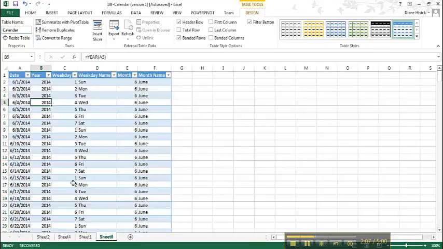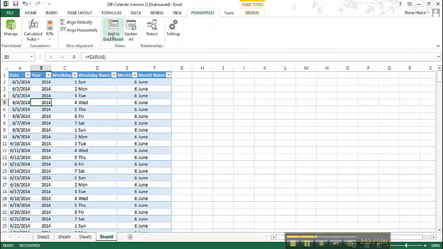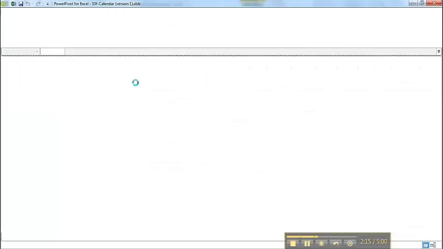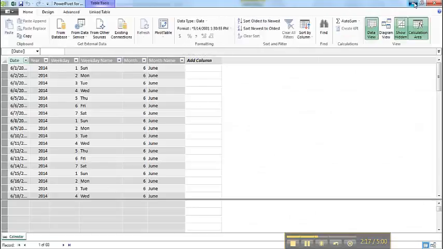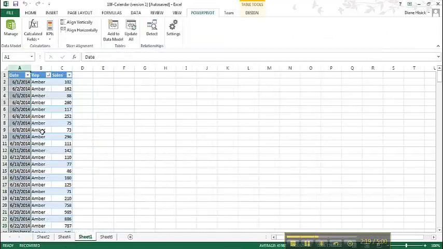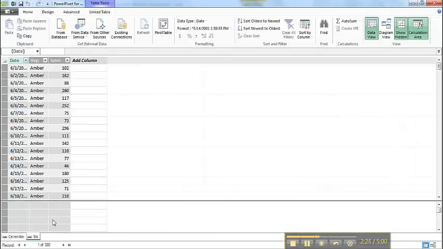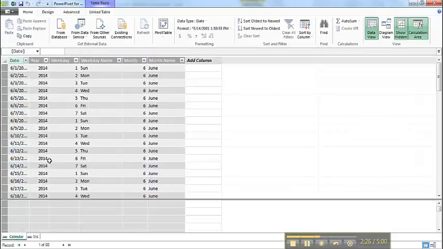And at this point I can now go ahead and add them into Power Pivot. So I'm going to go to the Power Pivot tab, add to data model. That first table has now been added. I'm going to go to my sales information table, add that one to the data model, and I have two tables in here. So I'm going to go ahead and format my data